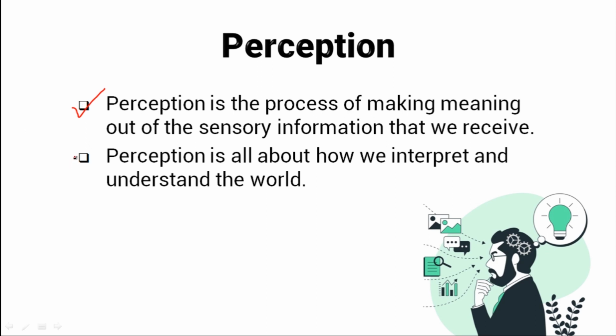Perception is all about how we interpret and understand the world around us through our senses like sight, sound, and touch. Sometimes our perceptions can be fooled by illusions and we might see things that are not really there. That's why I want to show you some illusions today to demonstrate how our perception can be tricked. And after that, we will talk about how the process of perception works and why we sometimes make errors in our interpretation of the world.